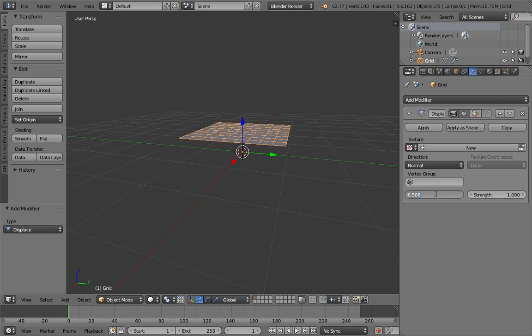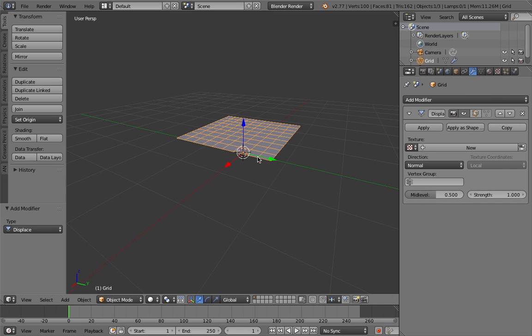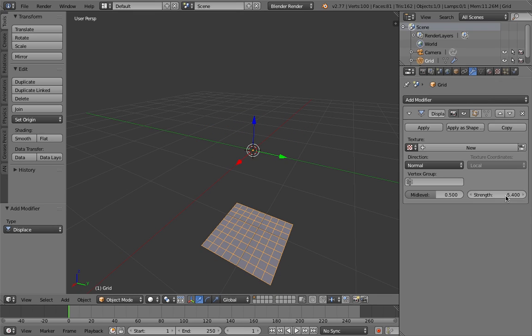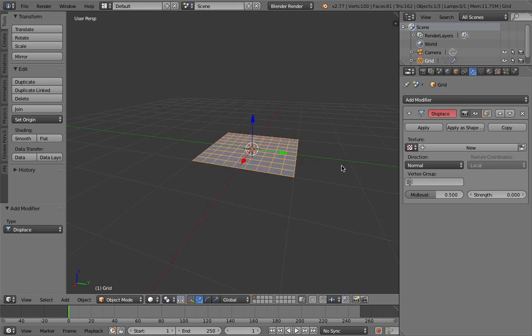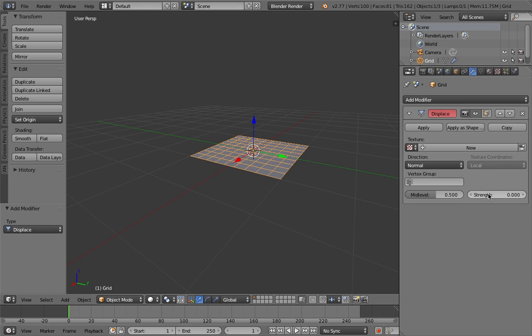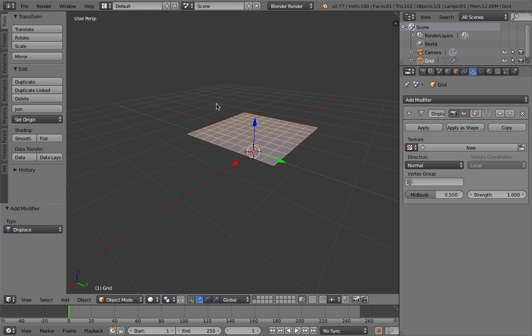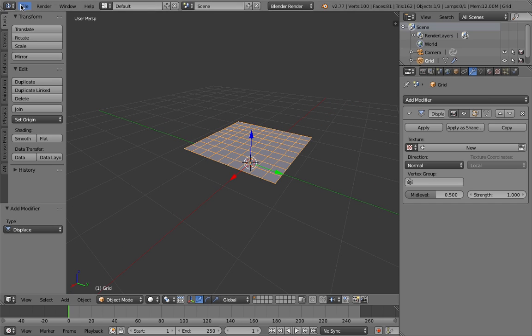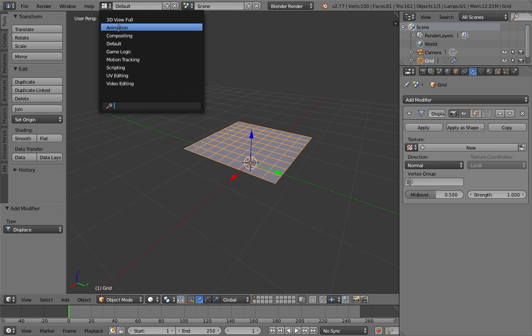We can change that later, but basically this position compared to the original position at 0 strength, that's the original position, and that's the displaced position, and we will use those values and pipe them into animation nodes and do something cool.